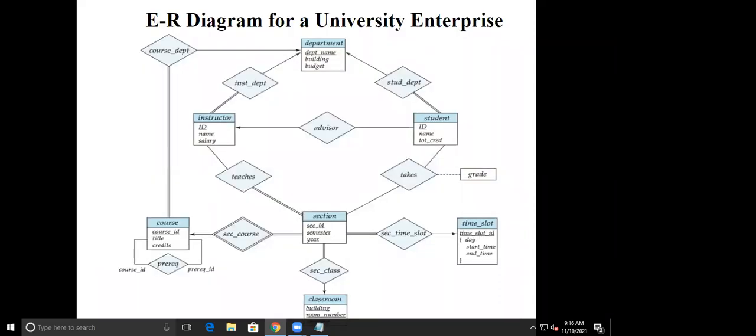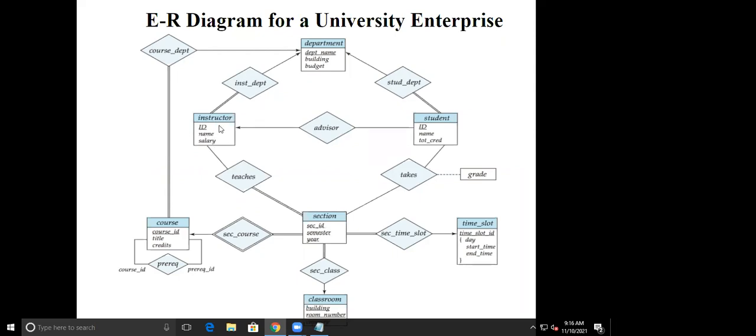So this is a university enterprise ER diagram. Throughout our database syllabus, we are using this schema in order to explain things. Mostly the instructor relation: the instructor is in relationship with the student through the advisor, one to many.